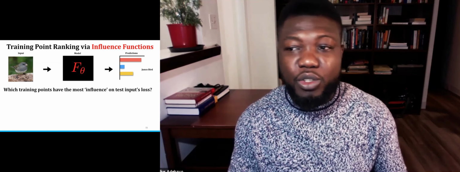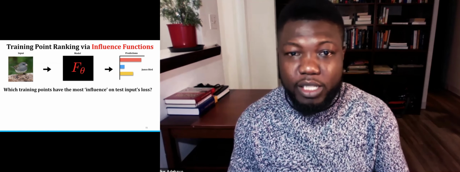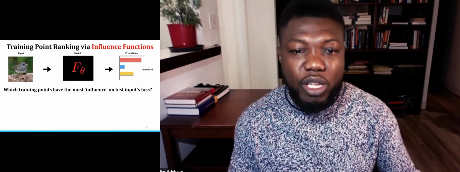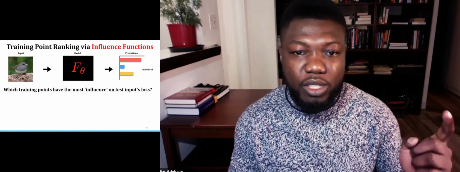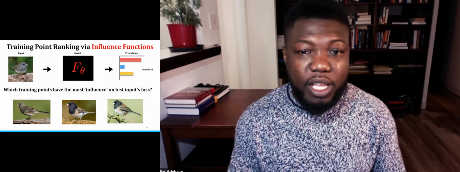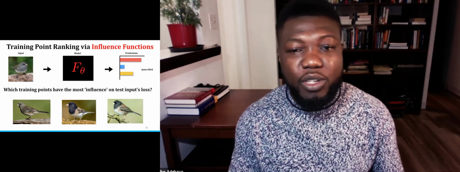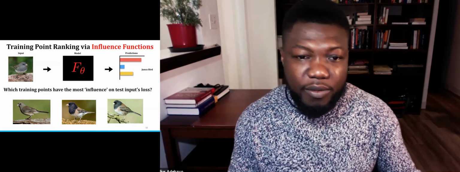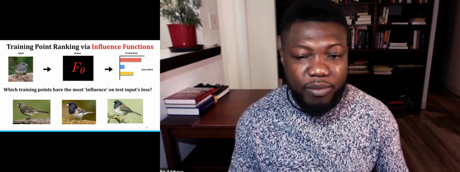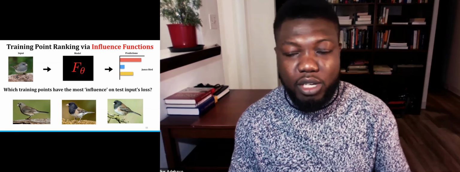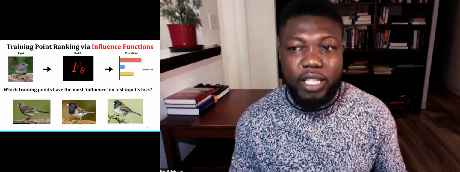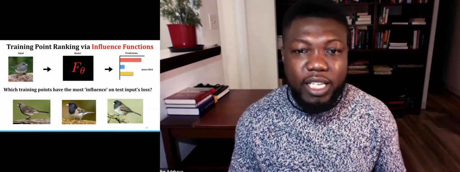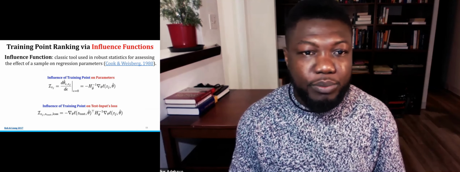Let's say we have this Junco bird that has been predicted correctly as a Junco bird by this model, f theta here. We can ask, we want to know the training examples that have the most influence on the test loss of this input. And when you do that, let's say we hypothetically do that for the model and we see these top 3 ranked examples. If you're a developer inspecting this model, you can have more confidence that the model is actually relying on the Junco birds in the training set to also predict a Junco bird here, which indicates that the model is relying on the right semantic features.